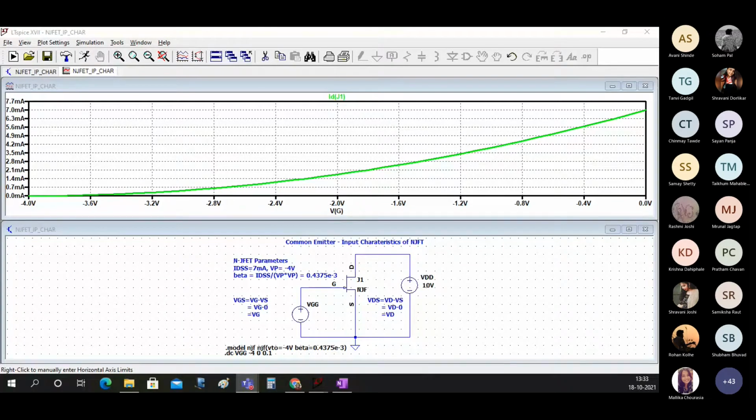Come on, quickly. I want you all to show me this out. Hello, sir. Sir, I added the trace of ID J1 and I plotted the quantity Vg on the x axis, but still I'm not getting the graph. Could you please tell me where I'm going wrong? You have posted your output in the chat box, but it was correct. One minute, let me check, Tanvi. No, sir, I haven't posted because I'm not getting the graph. Can you post it? I'll just check it. Yes, sir.